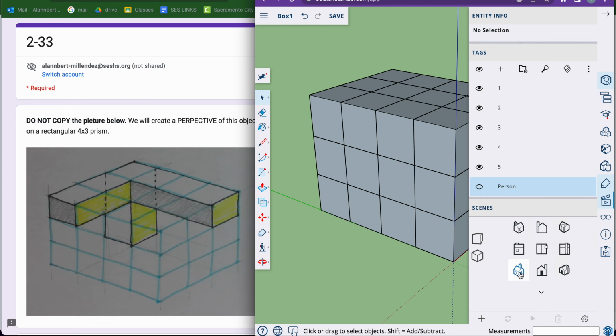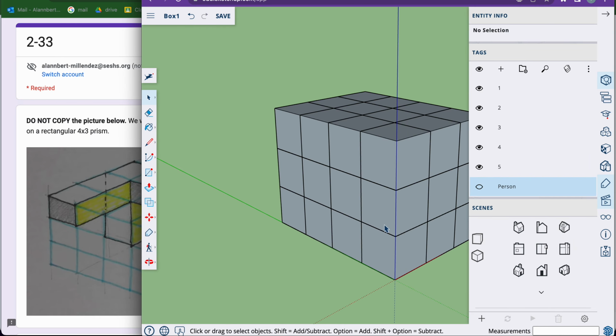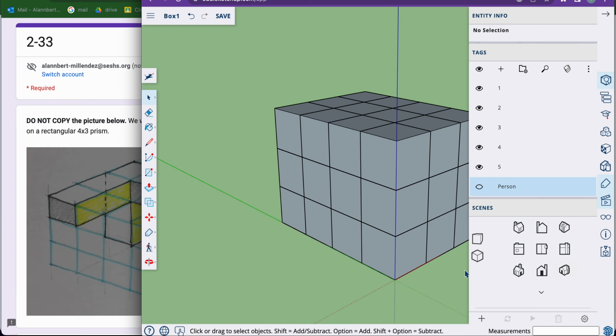So we wanted to be on this view, which is, I think, a southwest view. Okay, so if you click on this other view, then it will switch to this other view here. But we always want to be on the southwest view. Okay,